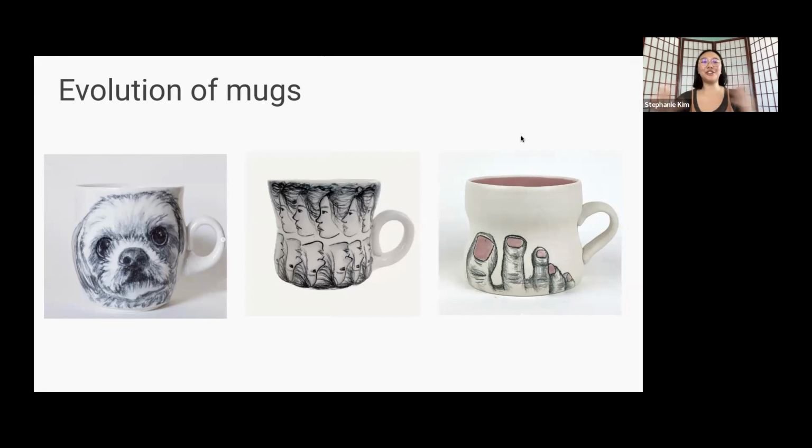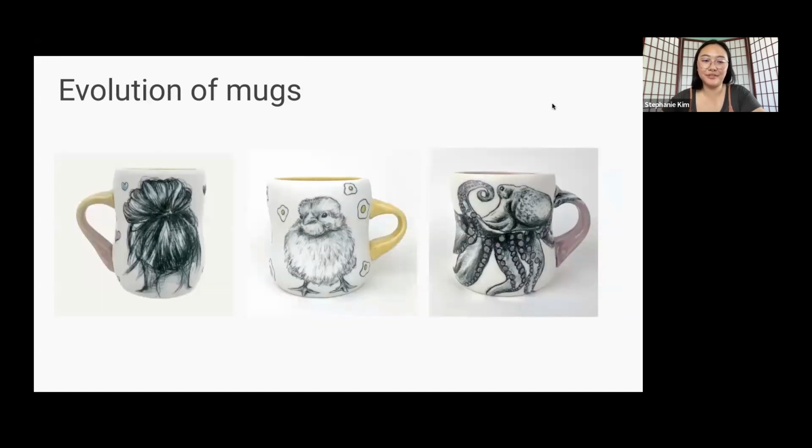So this is an evolution of my mugs. First I started with these pet portraits. I was diving more into figurative. And I also got really into drawing feet and fingers because they're just so interesting and fun to draw. And I also got more into drawing hair, which I found really fun. And then I came back to this animal thing and just drew more cutesy, fun animal things,